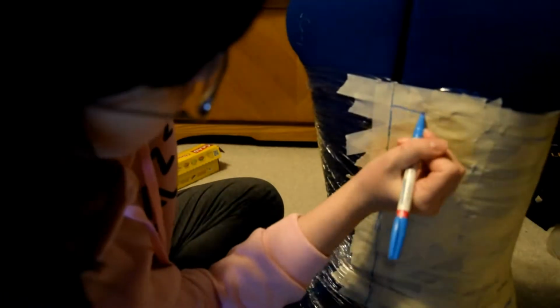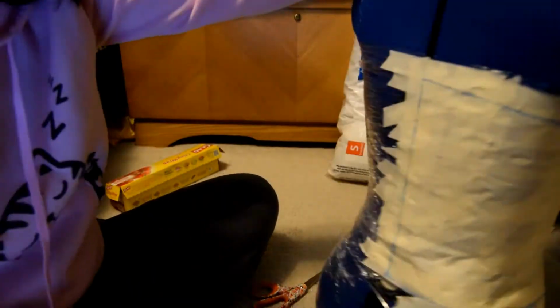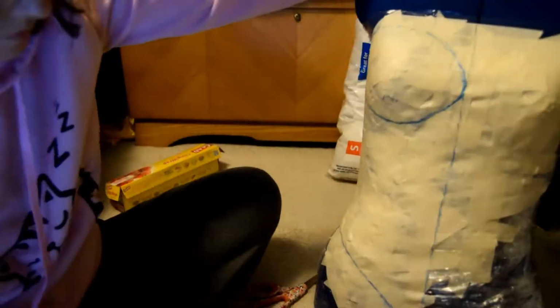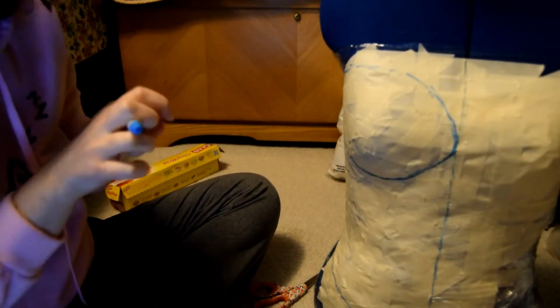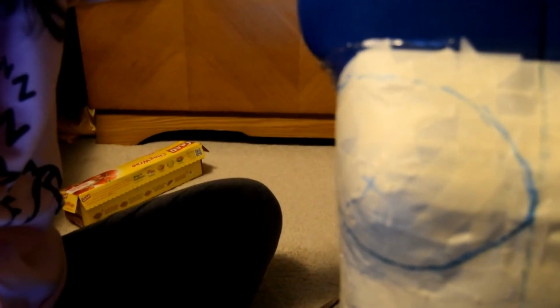As you notice, I only covered half the mannequin dress form in masking tape because I'm just going to reverse the image for myself. That's going to be where my eyelets go. Now I'm going to take another pen and I'm going to define better where the...